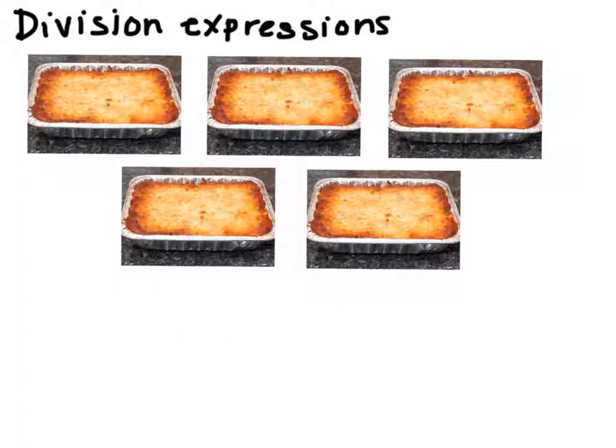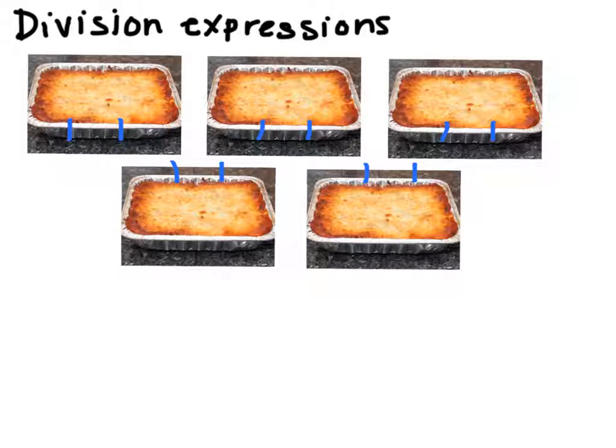Sheena bakes 5 pans of lasagna. She divides each of the 5 pans into 3 equal shares. How many pans are in each share? Well, here we begin with our 5 pans of lasagna. Let's divide each into 3 equal parts, or close to equal parts. Okay. If Sheena is now going to serve this lasagna to 3 people, how many pans of lasagna does each